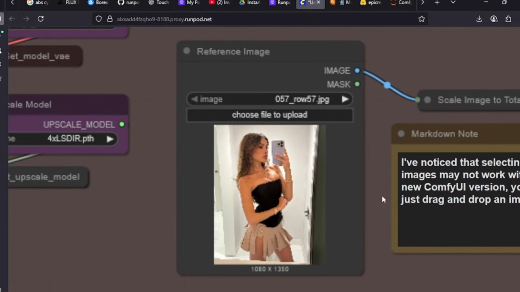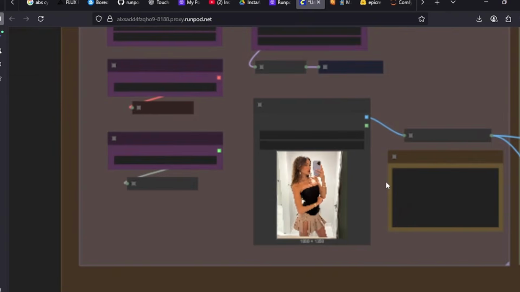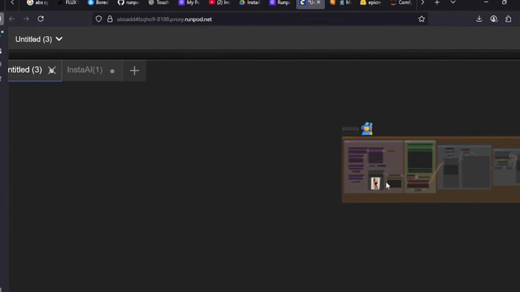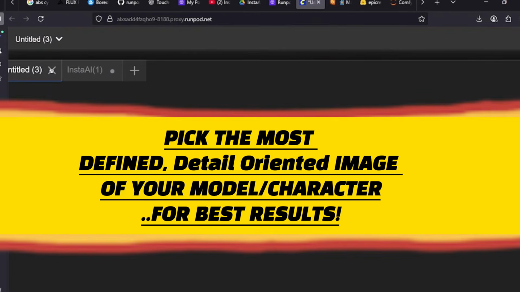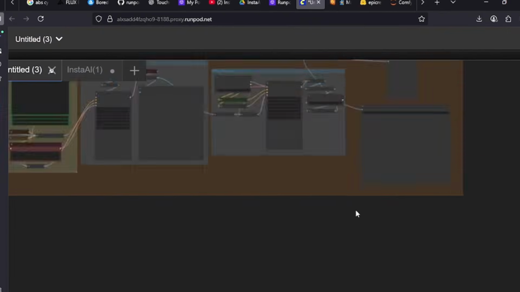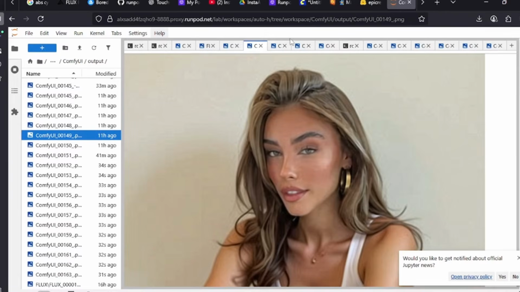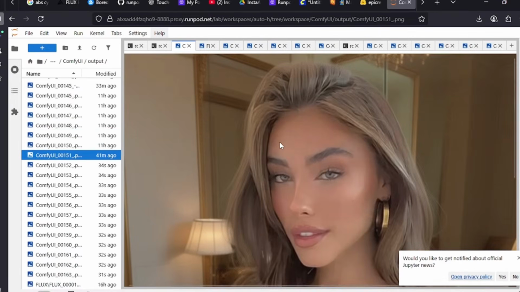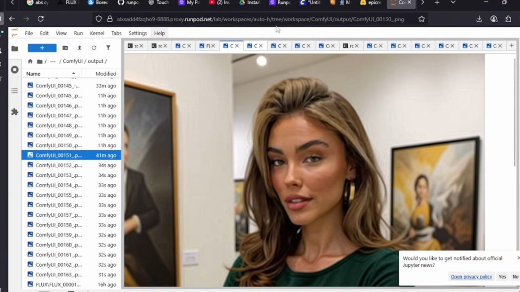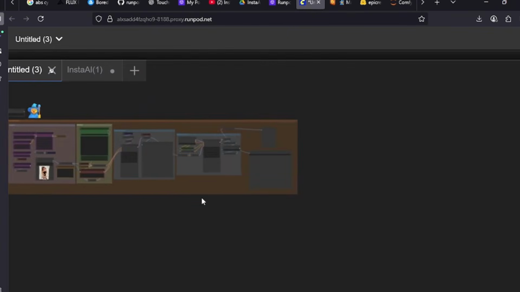So basically what we're going to do is use one image to create a multitude of a data set that we can then use to create LoRAs. Here are a few examples. These are just tests that I ran. Now this one I told it to not do a blurry one because some of them came up blurred. But we'll look into that, and let's get started with this tutorial.